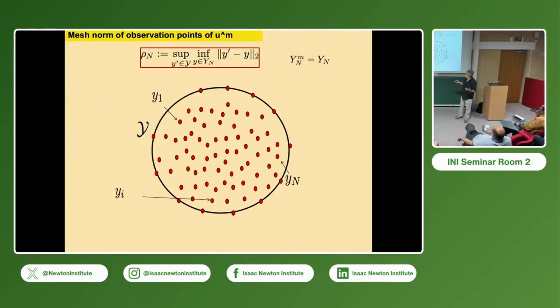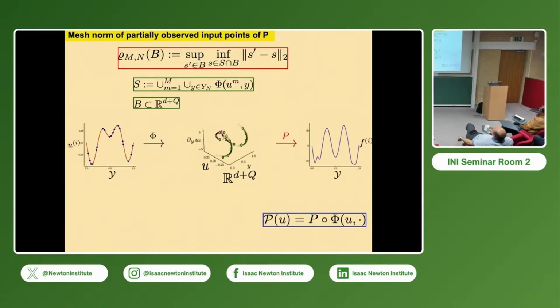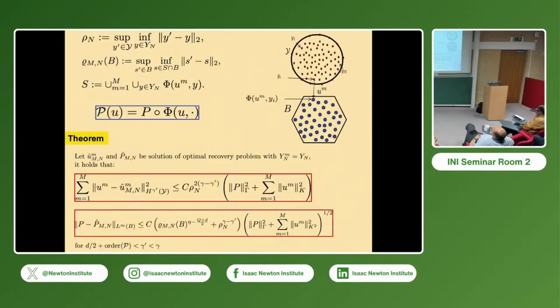Okay, then to state the theorem, I'm going to need two quantities. One is the mesh norm between the observation points of the partially observed solutions. So this is the fill distance between these points, the resolution, if you want. And the other one is going to be the mesh norm between the partially observed input points of P, right? So this is, again, another fill distance, but this is defined in a subset of the input space of P. Okay. And then we have the following theorem